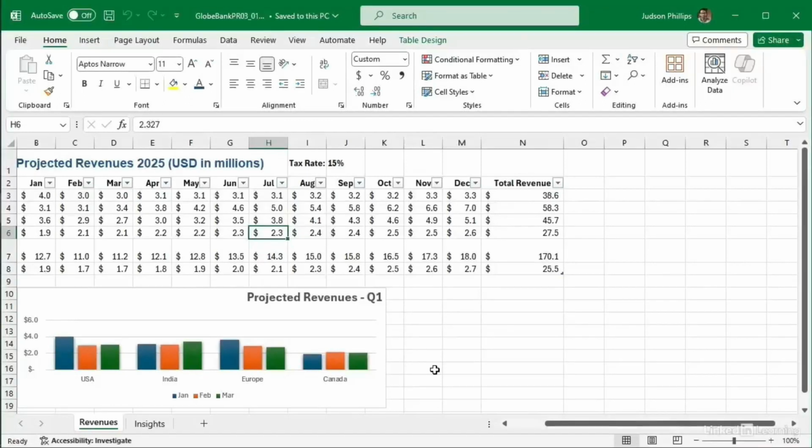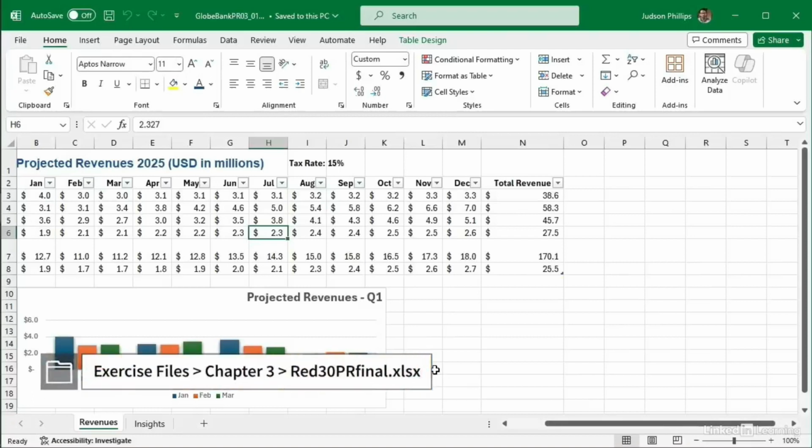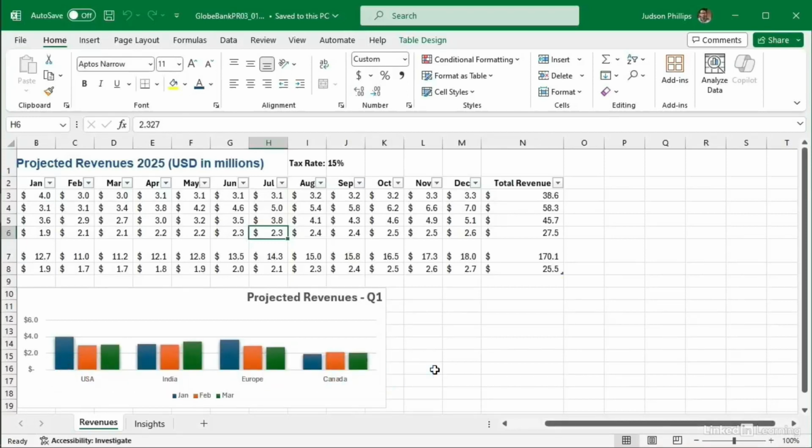At some point, you may decide it's time to share your Excel workbook with others, or perhaps part of that workbook. That's what we're going to explore in this movie, beginning with a method that is still popular, although maybe not as popular as it used to be, and that's printing out hard copies. There may be times when you need to print out your workbook, and there are a couple of things to look out for. So that's what we're going to do with our projected revenues here for the Globe Bank that